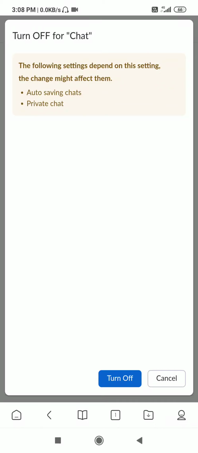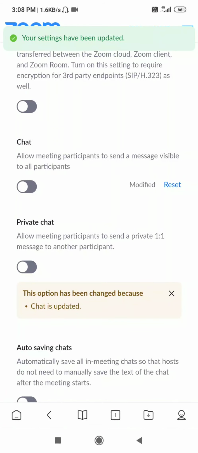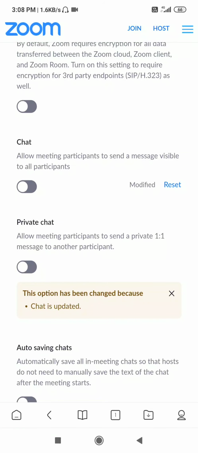We have to click on the turn off button. It will be switched off. Then the students will not be able to chat among themselves. They can only chat with the host, that is the teacher.